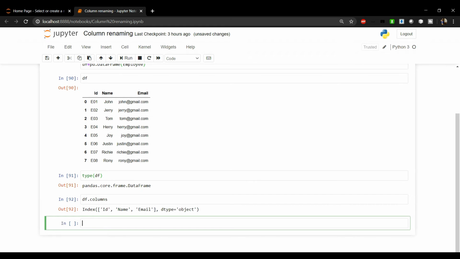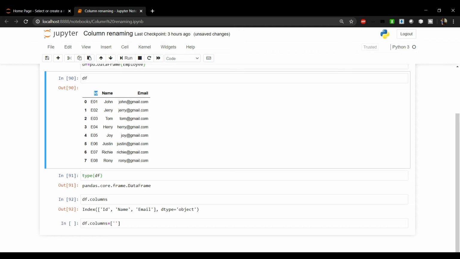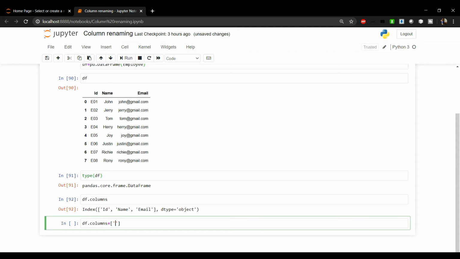Now let's talk about renaming all the columns inside the data frame. To rename all the columns inside the data frame, we need to use the columns attribute again and pass all the new names inside a list. Suppose I want to rename id to employee id, and names to employee name, and email to employee email.